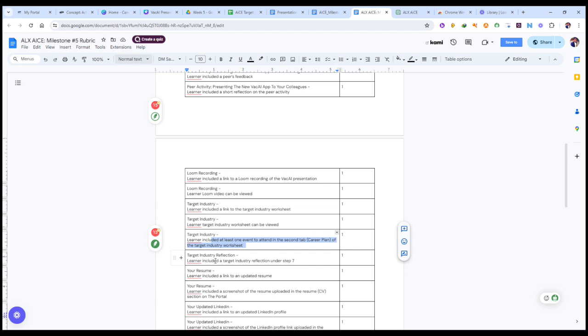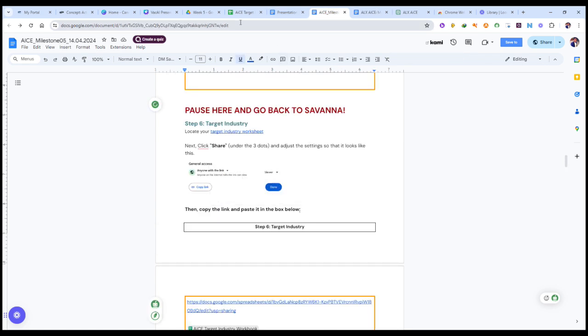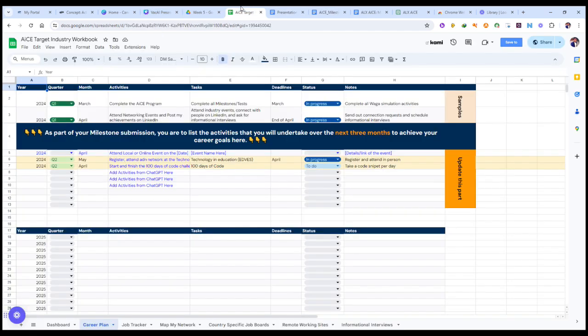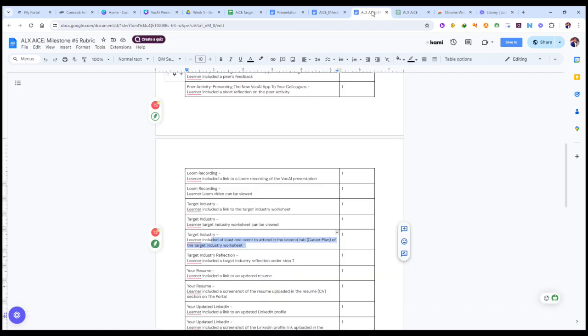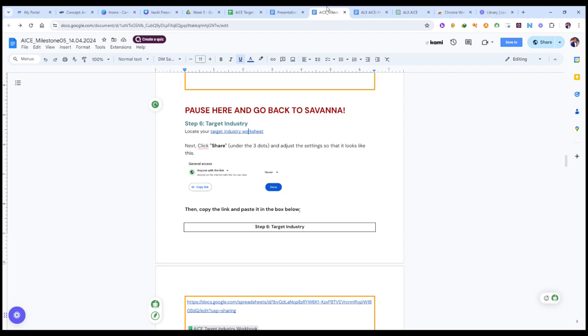And then there is the target industry reflection, under 7. So let me go back to that worksheet. You need to include what's the target industry? Yeah, that's the target industry. Just at least one event under this particular career plan. There are other tabs there, but all you need for now is this. Okay. And then in my worksheet,